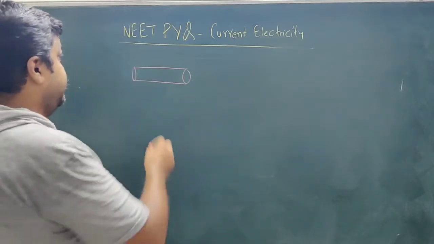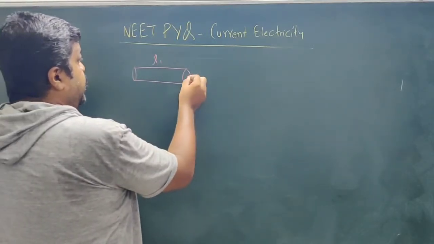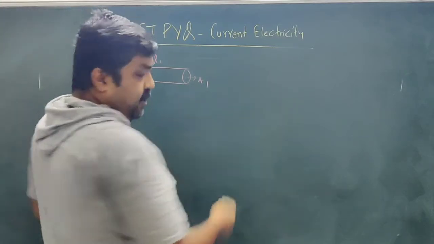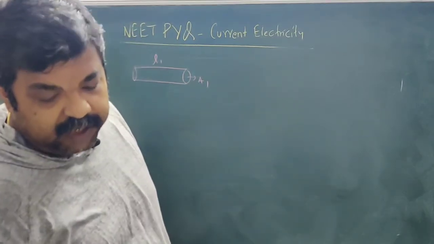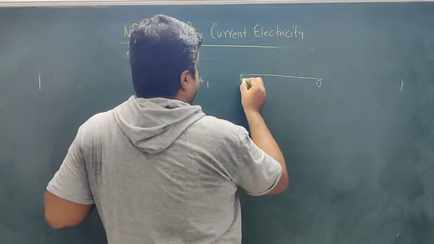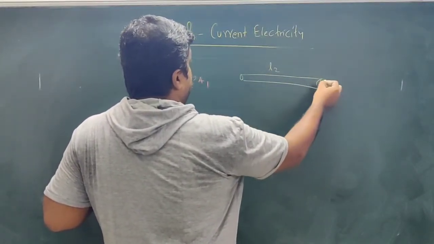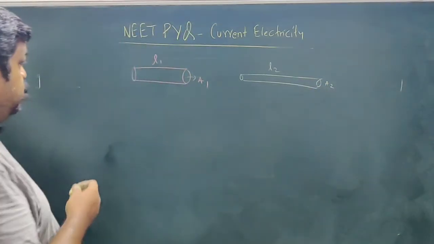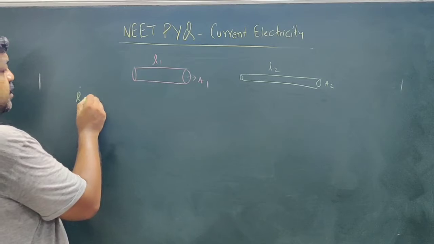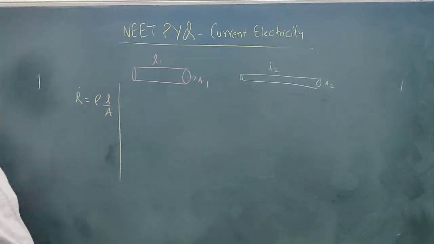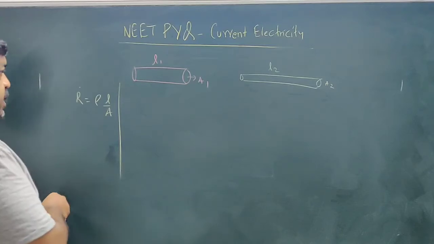this is the wire, length L1, area is A1. Now it is melted and stretched, so this becomes like this. So this is L2, area is A2. Okay, so see, we have this relation: R is equal to rho L by A. Now this relation says that